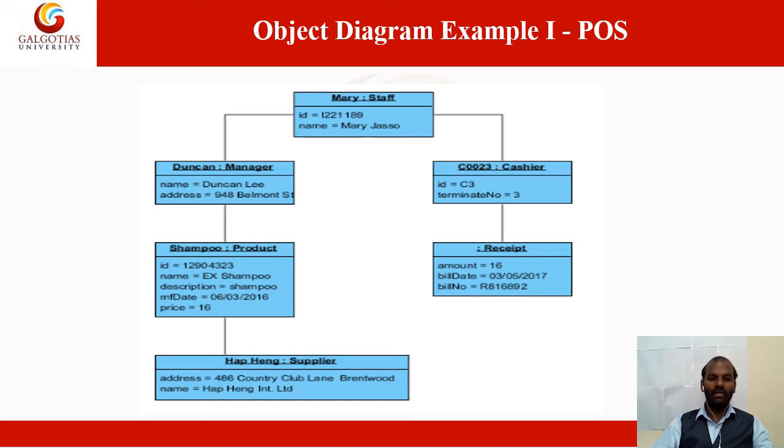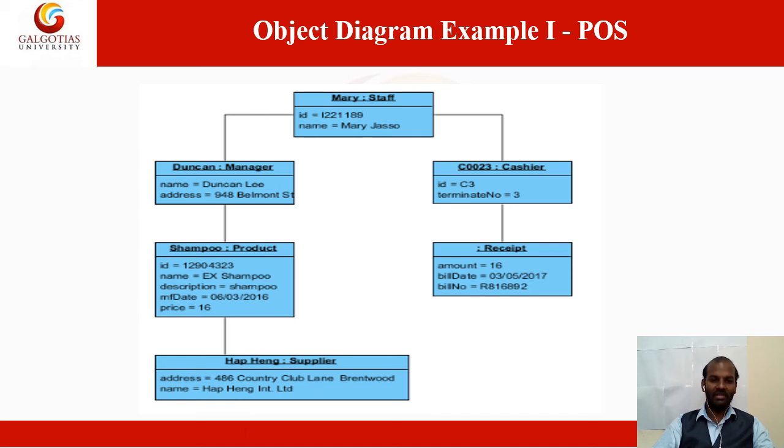Now after that you have to mention the attributes or the possible functions, otherwise you can mention the attributes of the particular object, that is sufficient. Let us take the example of staff. The staff must have the ID and the staff must have the name. So what is the size of the ID and what is the name of the particular staff? That they are defining over here.